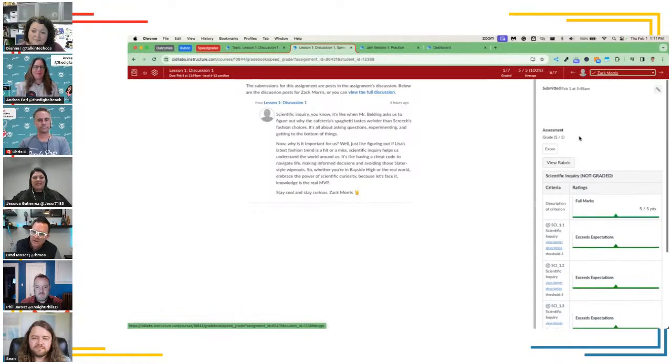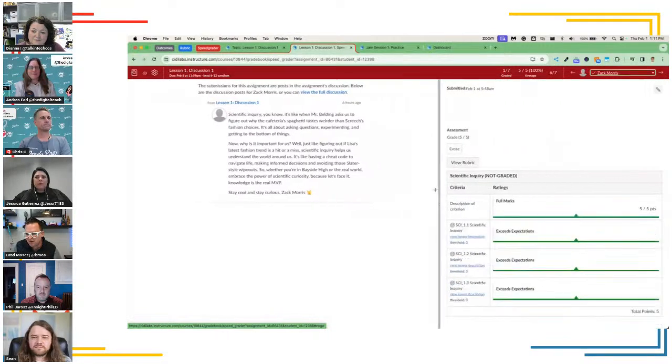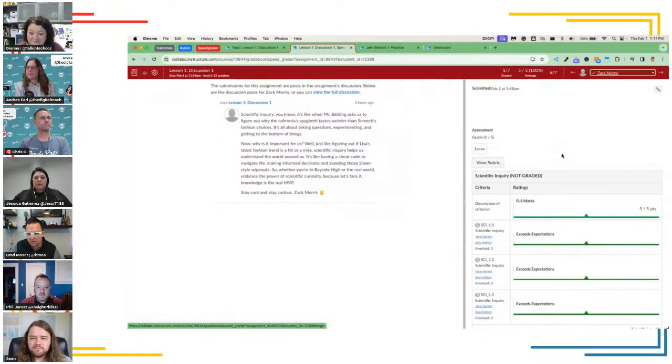And now inside of Speedgrader, we've done a couple things. One, we're going to drag this bar open or close to get a little bit more real estate on the side. Two, I can see all of Zach's submissions that Zach has posted or replied in one stream. And so that's very helpful to just kind of see how much participation, what's Zach commenting,